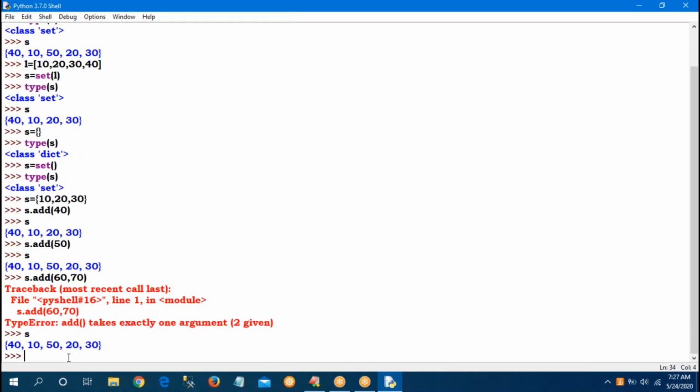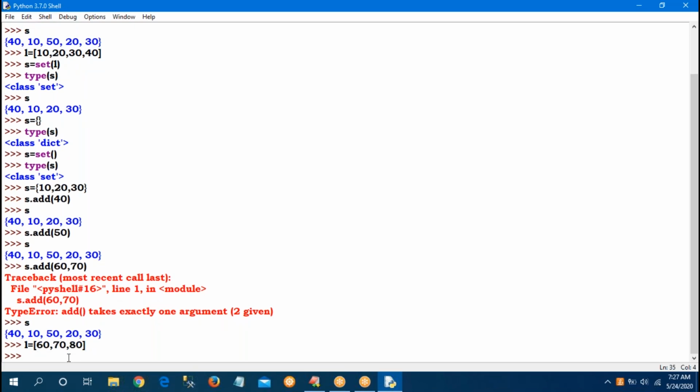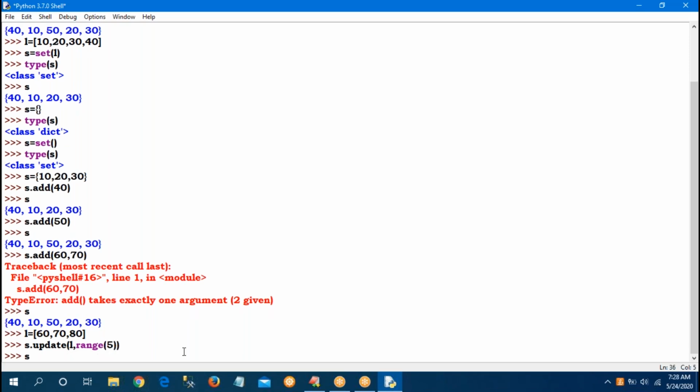See, s equal to 10, 20, 30, 40, 50 is available. Suppose L equals 60, 70, 80. It is one list. And observe carefully: s dot update of L comma range of 5. At a time, L is updated, and range of 5, that is 0 to 4, is updated to the s.